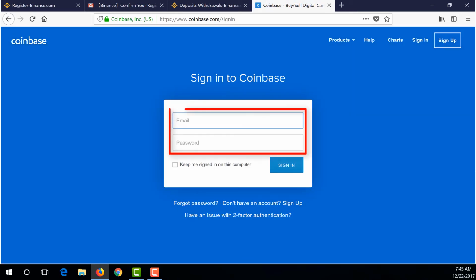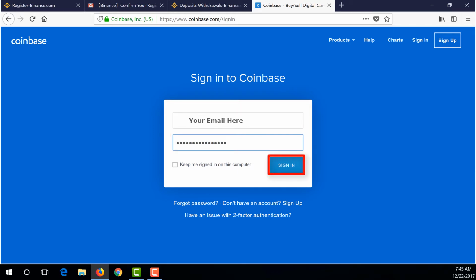Enter the email address and the password associated with the account. And then select the Sign In button.